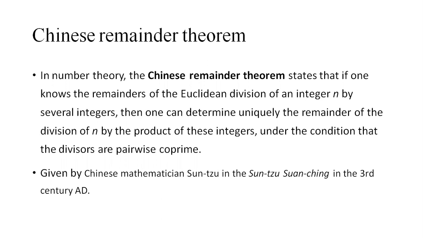Prime factorization is nothing but expressing any number as a product of prime numbers. For example, consider the number 30. We can express it as 2 into 3 into 5. 2 into 3 is 6, 6 into 5 is 30, whereas 2, 3, 5 are all prime numbers. The process of expressing any number as a product of many prime numbers, we call it prime factorization.